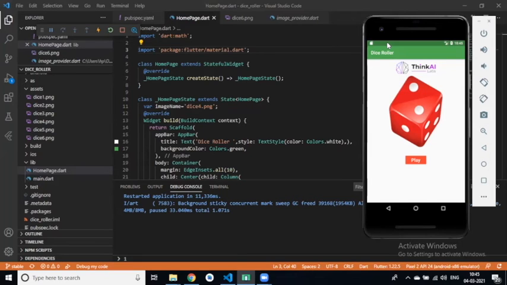After that, with the HomePageState, in the Scaffold we created an app bar, and in this app bar we define the title of the application and background color. In the body, first we created a container for images. EdgeInsets means it's surrounding four sides, we will get a margin.